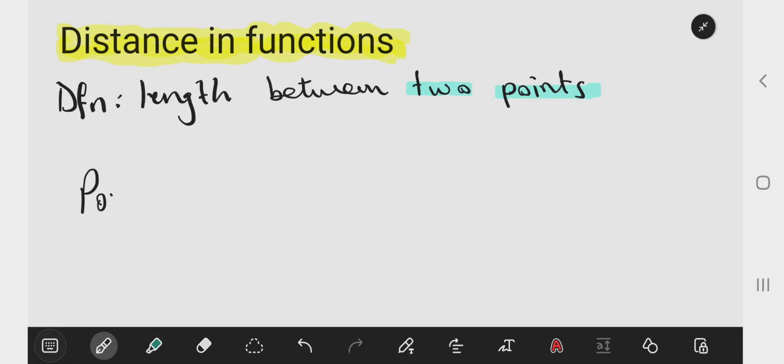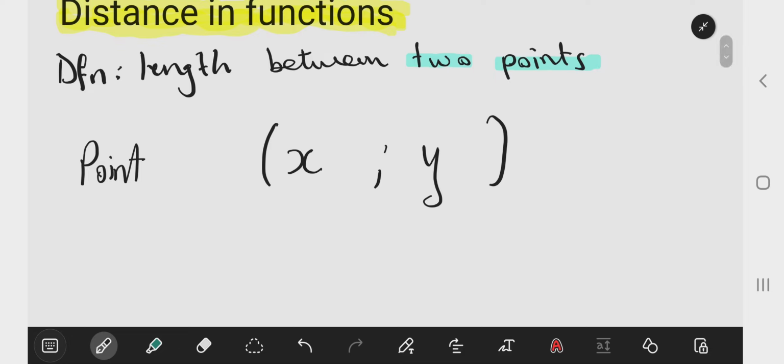A point la ku-maths is the same as a coordinate, whereby you have an x value and a y value, right? So in order for you to get the length between 2 points, at least you must have